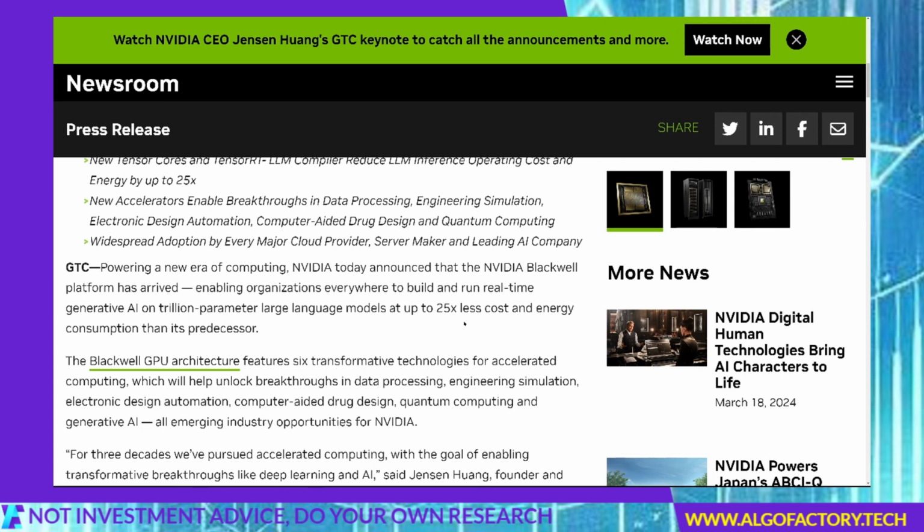One of the primary outputs to server farms is energy consumption and keeping, quite frankly, the temperature low. These server farms heat up, and so they got to use a lot of air conditioning and ventilation and the water cooling and all that, and that costs a lot of money. So I think like 30% of your server farm cost has to do with temperature control. And of course, energy usage and consumption is a direct input to temperature control as far as costs are concerned. So if we are in fact seeing 25 times less cost in energy consumption, that's going to be